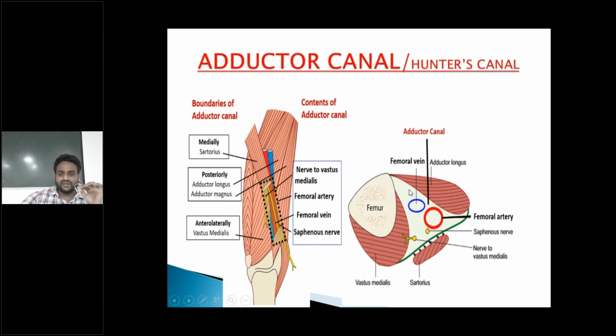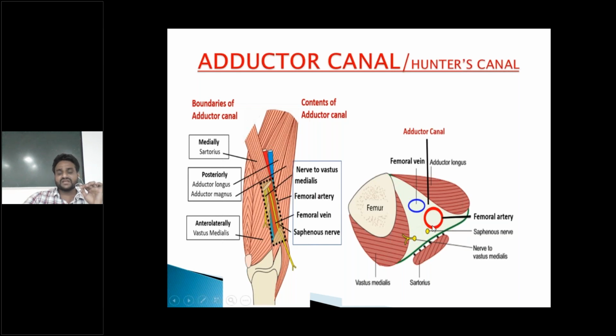If you see here, the adductor canal, this roof or medial wall is formed by simply one muscle and fibrous tissue. That means it is superficially present in the thigh region. So if you want to ligate the femoral nerve and vessels during surgeries, surgeons approach the Hunter's canal through the roof. Easily they can approach the Hunter's canal through the roof, and they ligate the femoral nerve and vessels during surgeries of the lower limb below the knee joint. If they want to do major surgeries below the knee joint, they should ligate the femoral nerve and vessels to arrest the bleeding.